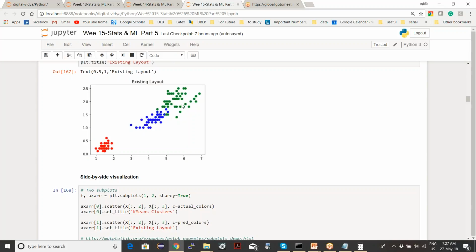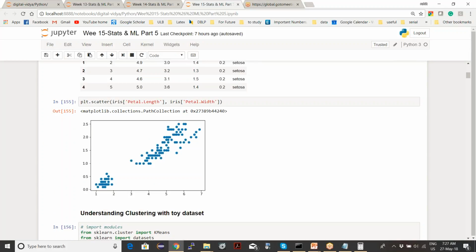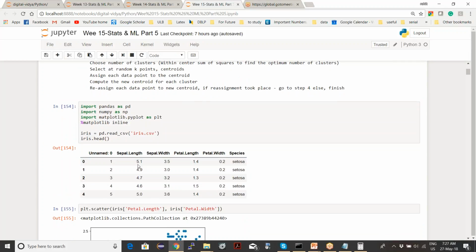Why would that be asked? Because what is the question you are answering here? There are two questions you are trying to answer. First, given these data sets, these points, you were asked to group them into three groups.